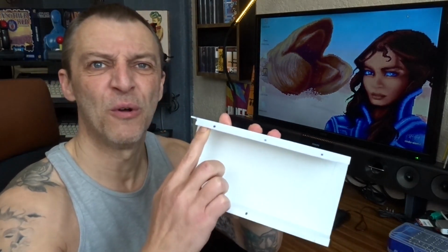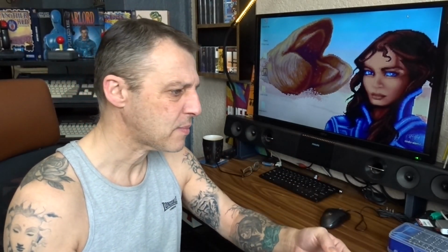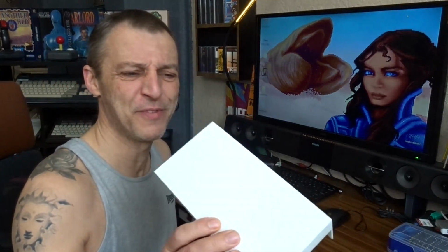What I'm going to do next is, I've marked off the holes. See the black marks here? These little pilot holes. I need to drill a couple of pilot holes. I just put a hole in the back here as well for a switch, so we can switch between the floppy drive and the GoTek. I don't need this. It's just that I've got a spare GoTek and floppy drive, so I thought I'd use them. If this is finished and it looks any good, I'll put it on my eBay. So if anybody's in the market for a GoTek with an external floppy,